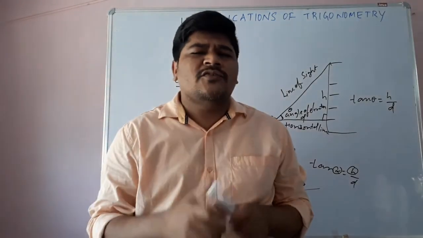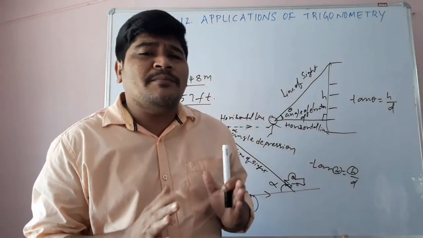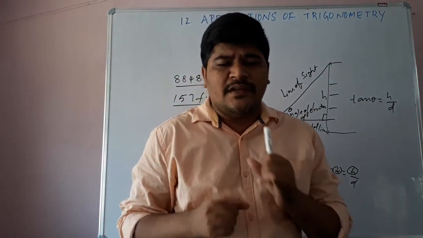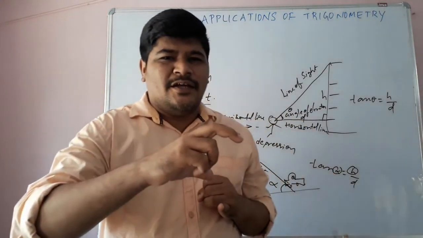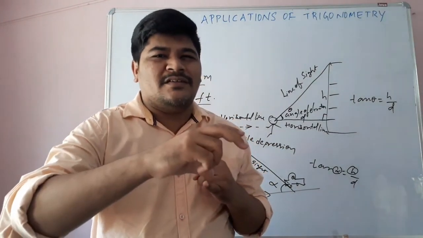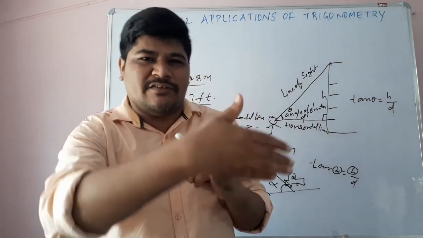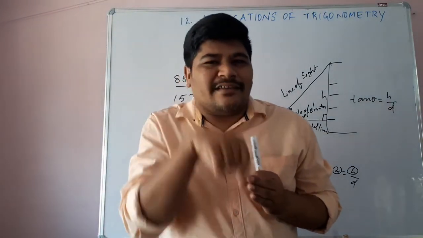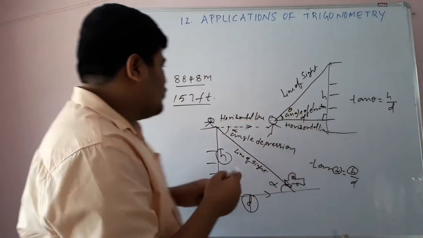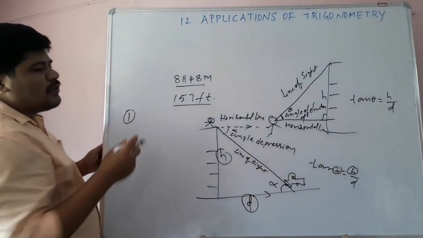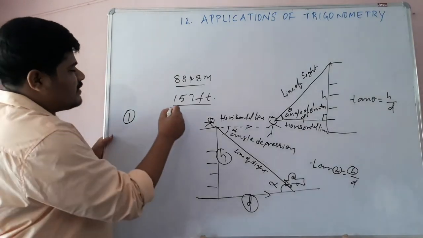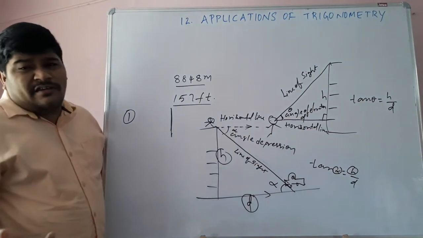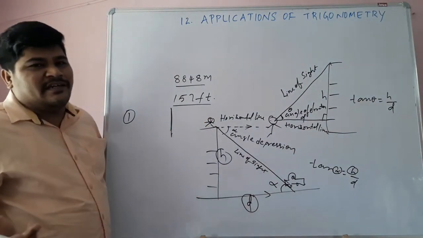So students, whatever the problem, to solve problems we need to follow these three things to draw the diagrams. First point: buildings, apartments, ships, trees, electric poles, whatever they give, we have to assume them as linears, means lines. So the first point is we have to assume heights as straight lines. We need to draw it as a straight line. So one vertical line we will draw instead of drawing the building or apartment or tree.